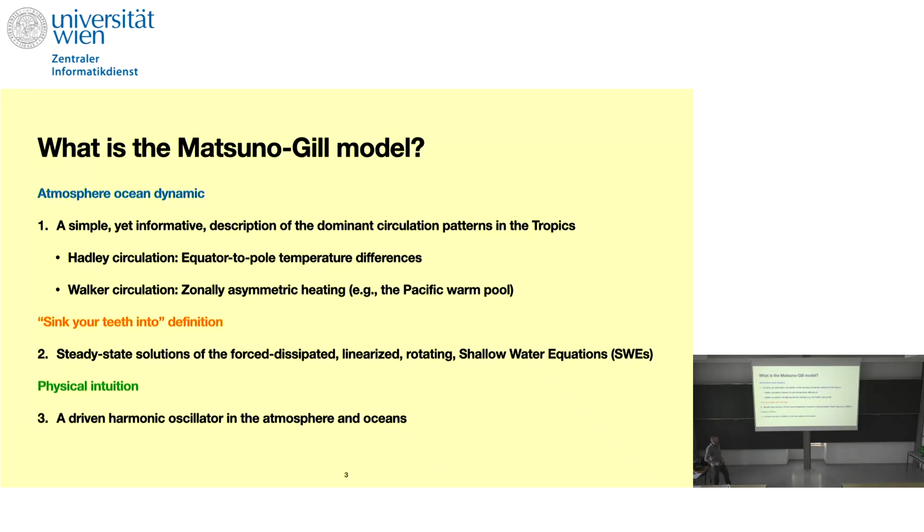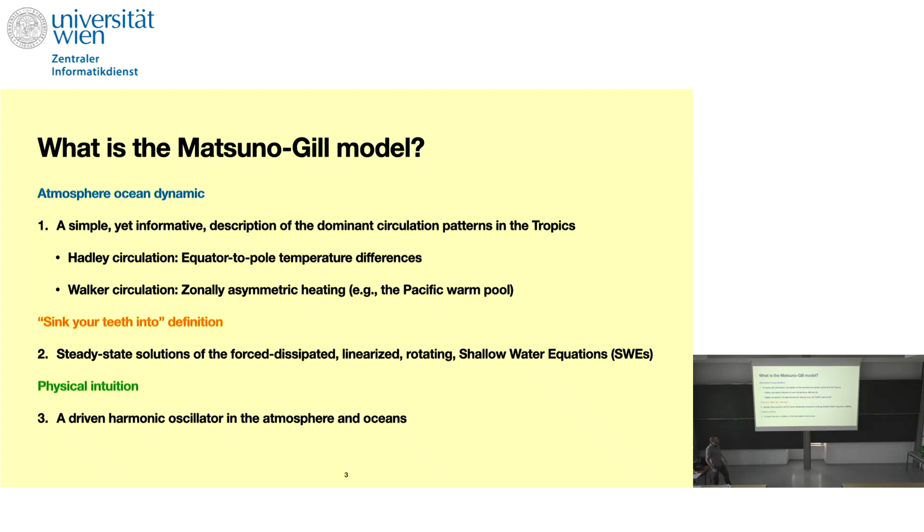But most notably, the Matsuno-Gill model is studied in the context of the Walker circulation, where there are zonal asymmetries, such as the Pacific warm pool, where there are rising motions in the Western Pacific